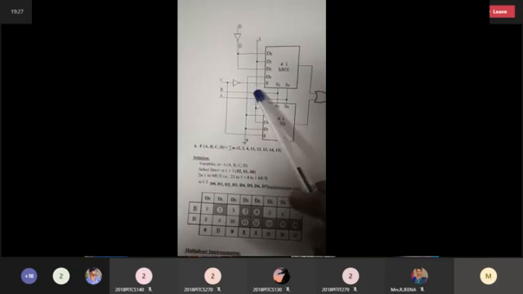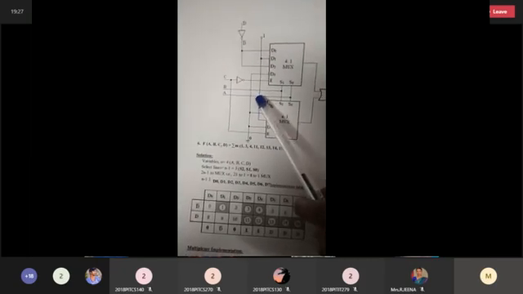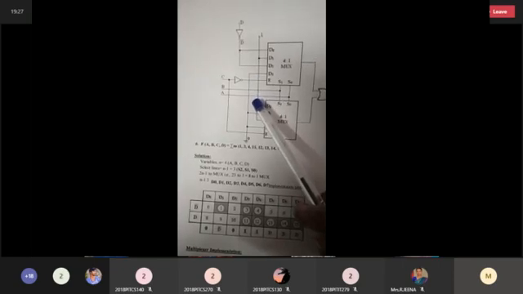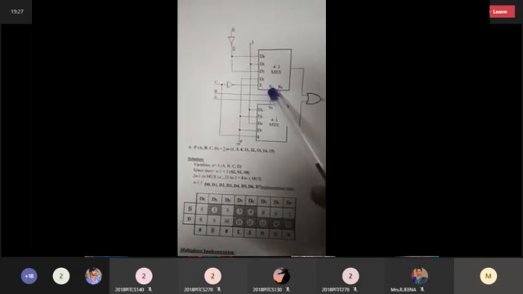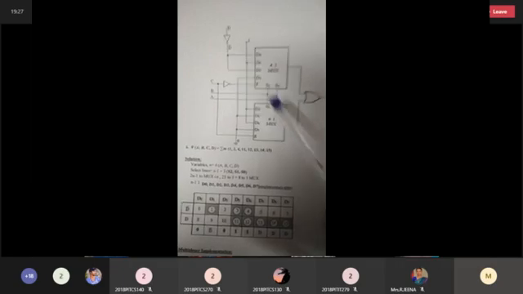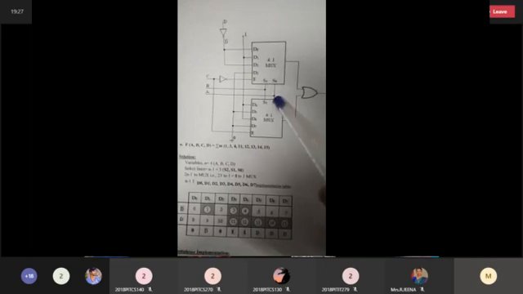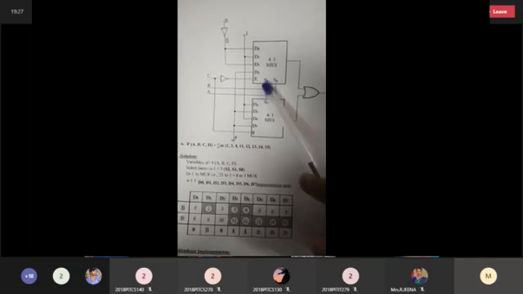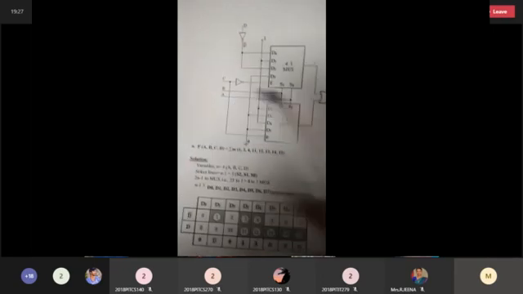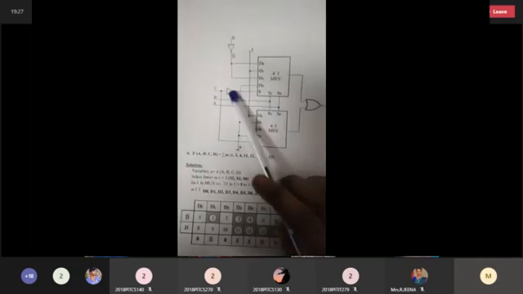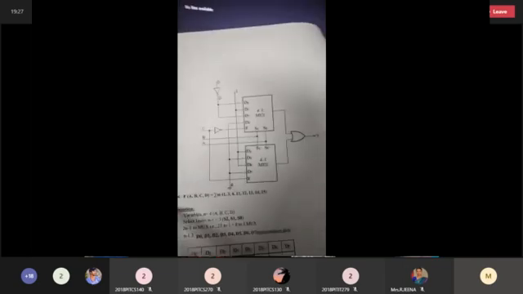Okay, first. Then what are the selection lines? Here we are using two selection lines, A and B, right? So we are using two selection lines, A and B, for both multiplexers. Okay, next Z is the input, right? By using that truth table, you have to draw the inputs. Okay, first